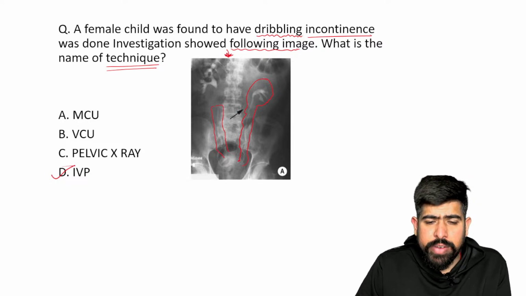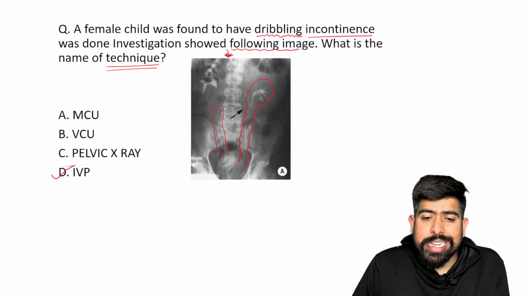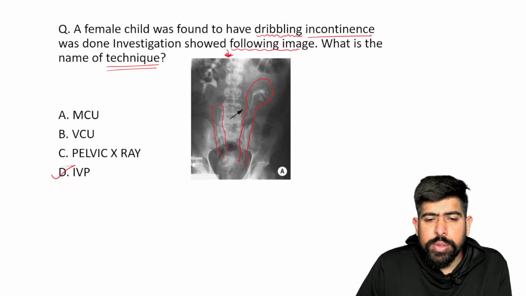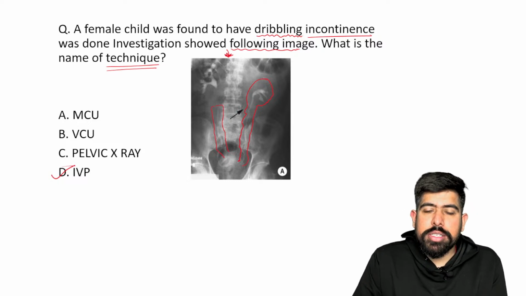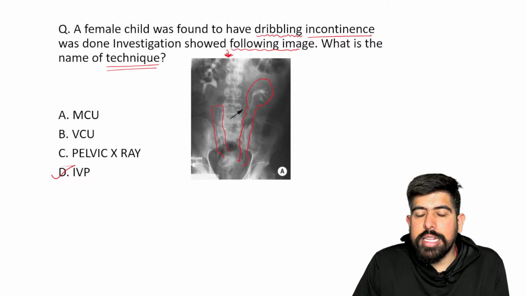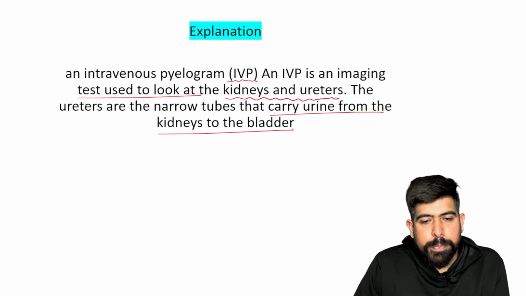For the later investigation, for seeing the kidney and ureters, we are doing this. Also, we can use the USG, but on the USG the visibility will not be there. But if any obstruction is there, that will be clearly visible to us, right? So this is about your intravenous pyelogram.